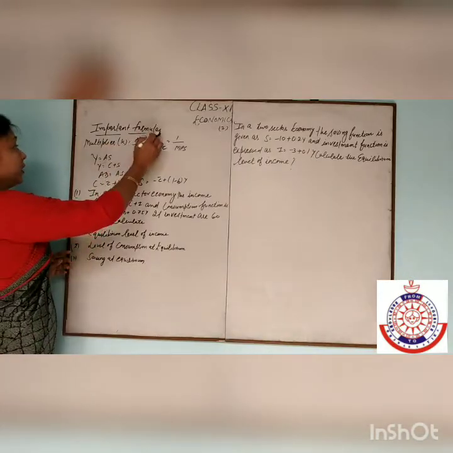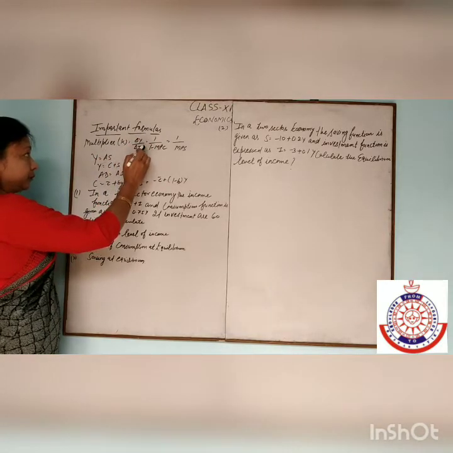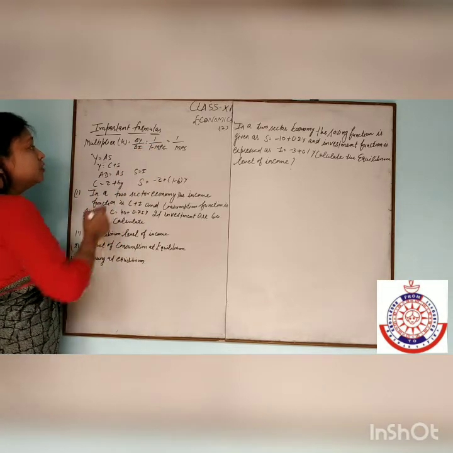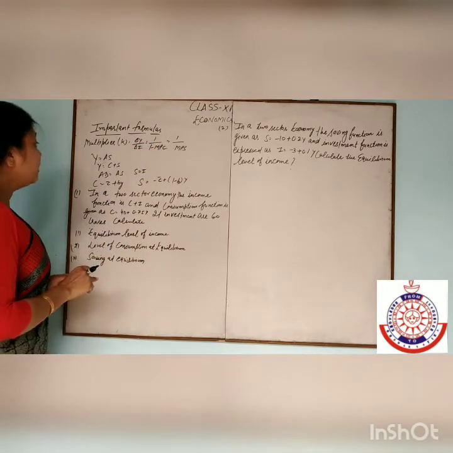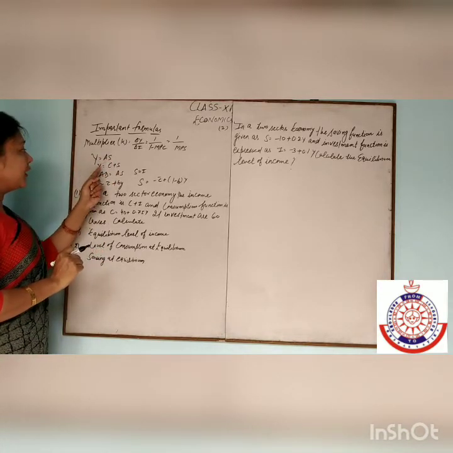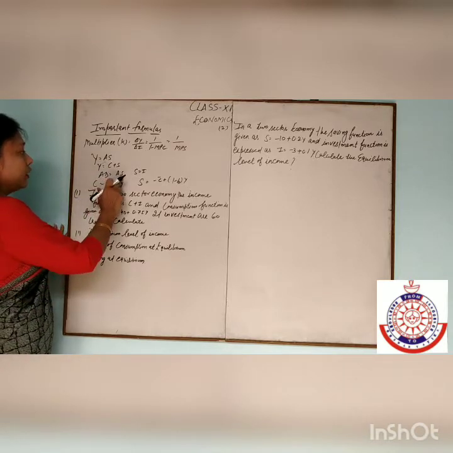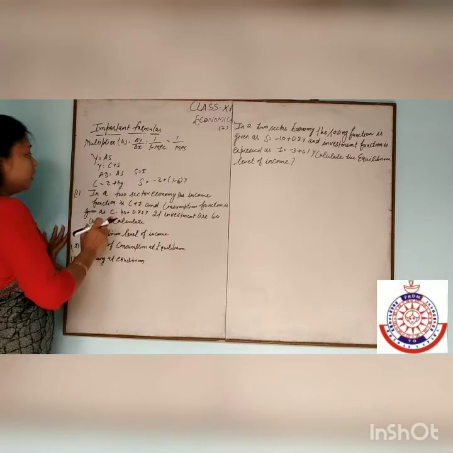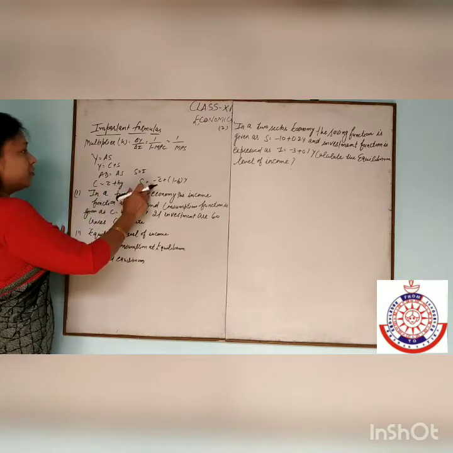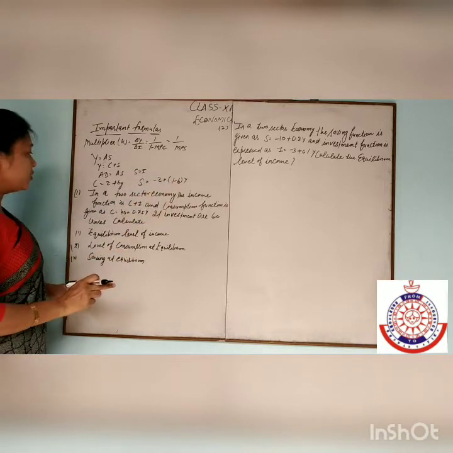See here some formulas. Multiplier is equal to change in Y upon change in I. That is also equal to 1 over 1 minus MPC, and that is also equal to 1 over MPS. Y is equal to aggregate supply and Y is equal to C plus S. At equilibrium level, aggregate demand is equal to aggregate supply, saving is equal to investment, and C is equal to C constant plus bY, and saving is equal to minus C constant plus 1 minus b Y.